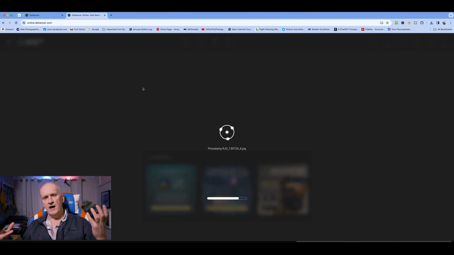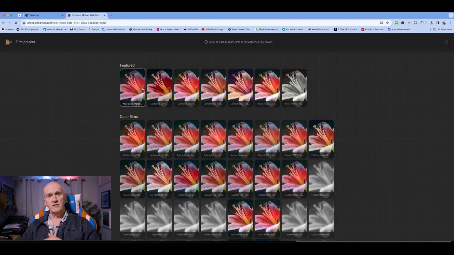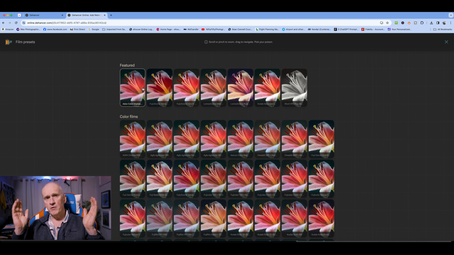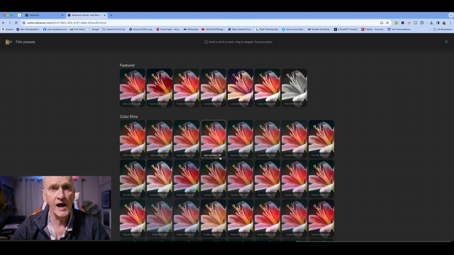I've got a still life here of a lily flower, and the first thing it's going to do is open up with a film preset. You can see there's a row on the top that are featured ones, and then underneath there is a whole selection of color films. Now there's a good choice here. I think there's up to 48 presets at the moment, but that range is expanding all the time,